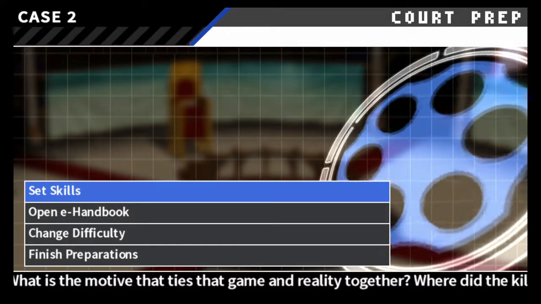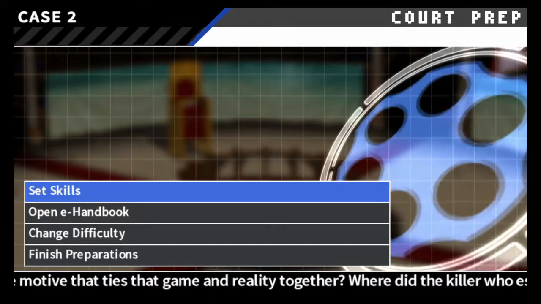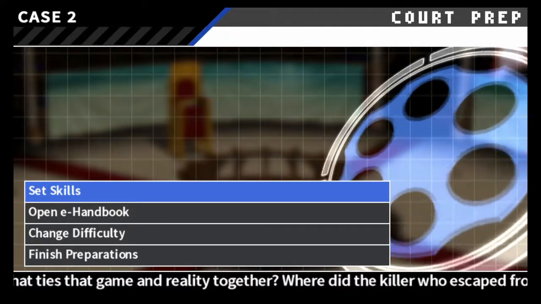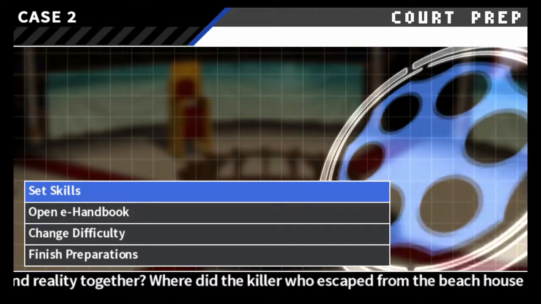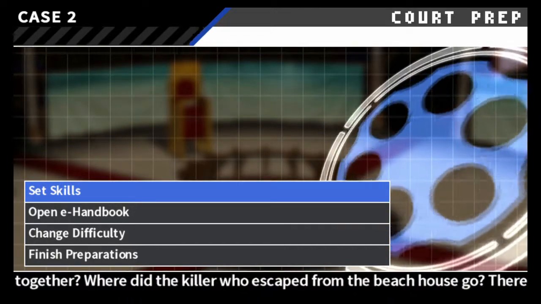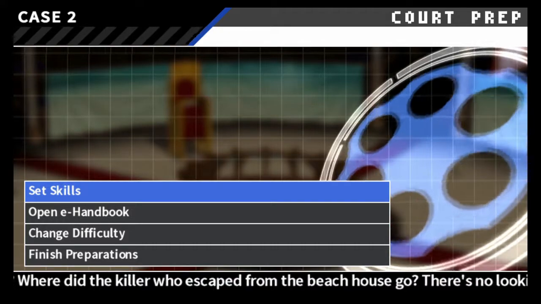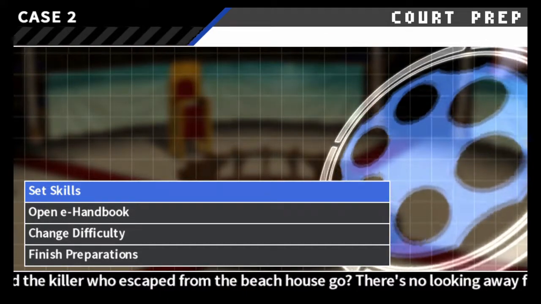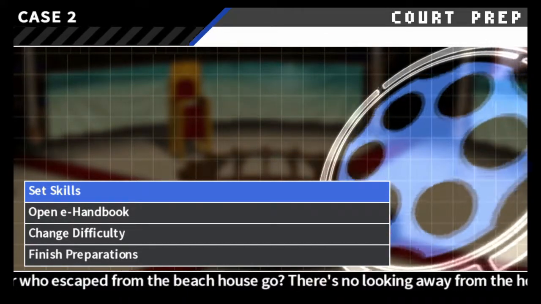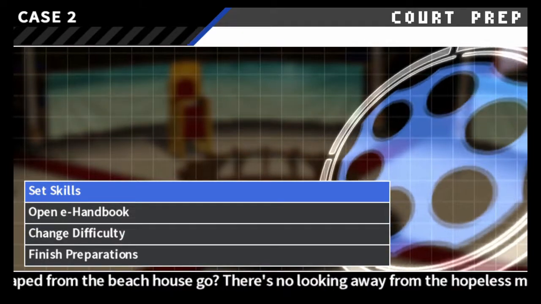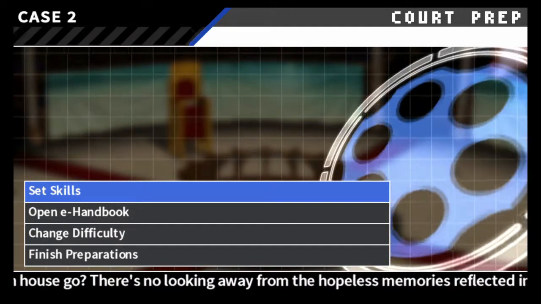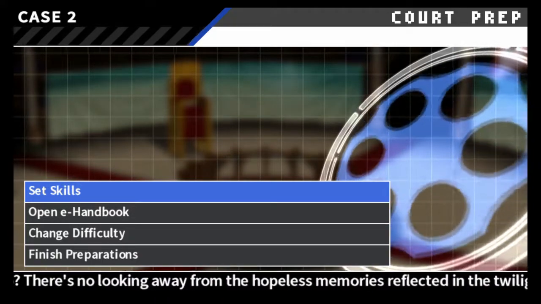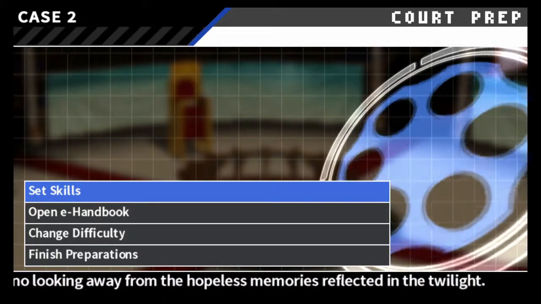Where did the killer who escaped from the beach house go? There's no looking away from the hopeless memories reflected in the twilight.